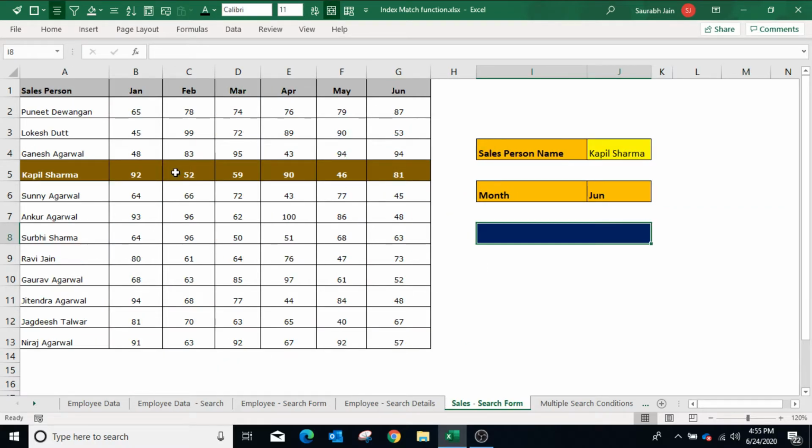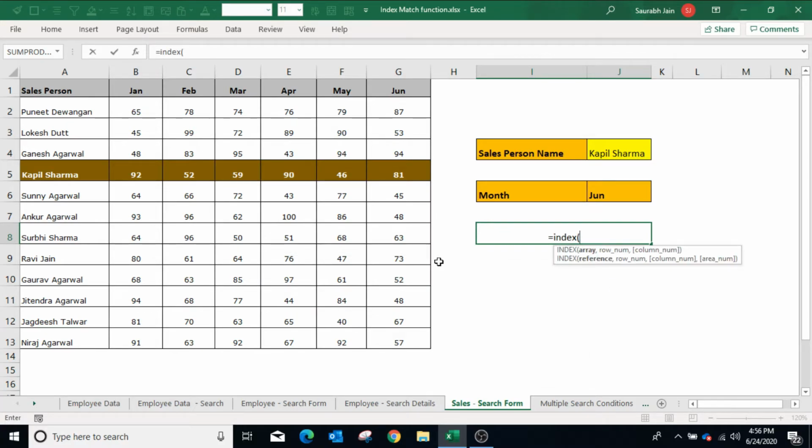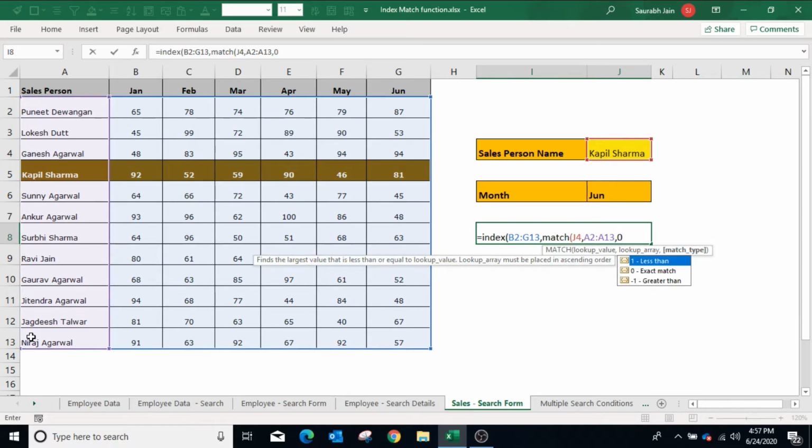Now in this form, we have the salespeople and the corresponding sales volume of each month. To get the sales volume of a particular person for a given month, we can use the index match function. Type equals to INDEX, open bracket. We need the sales volume, so select B2 to J13, comma. For row, use the match function, open bracket. The lookup value is the salesperson, comma. Lookup array will be A2 to A13, in which the salespersons are available, comma 0 for exact match, closing bracket